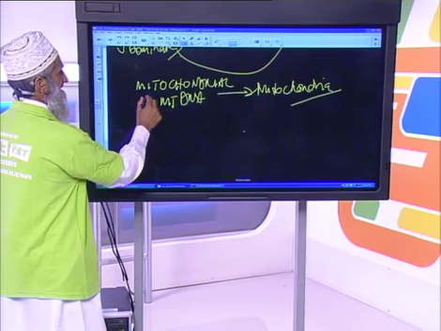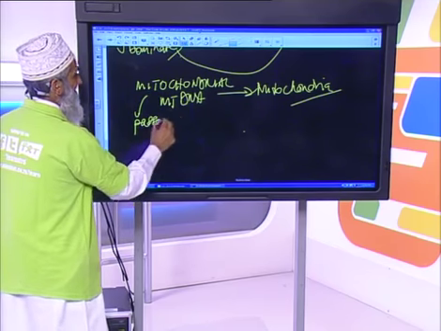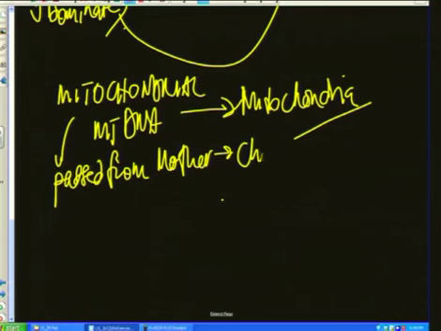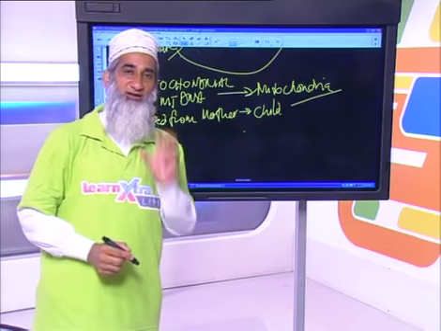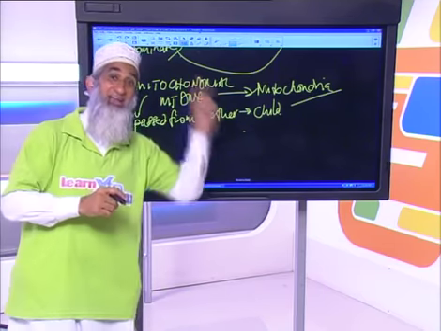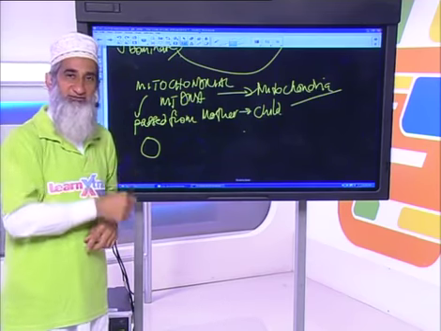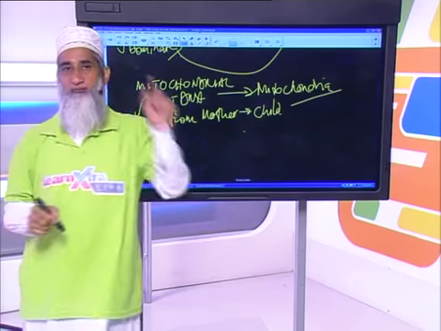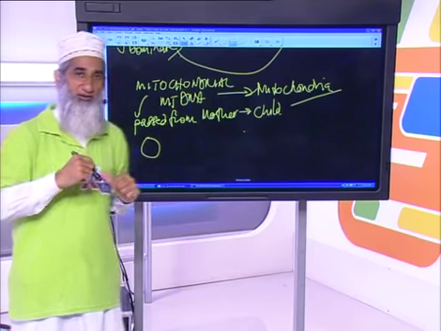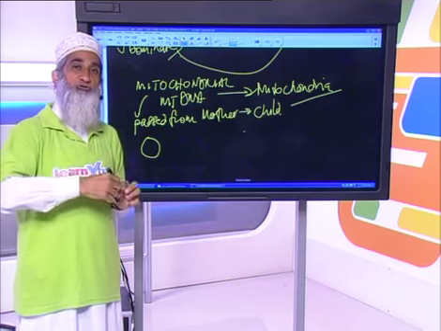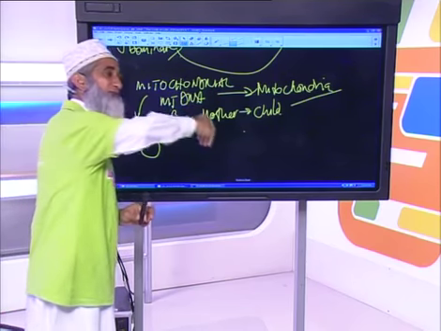The mitochondrial DNA is passed from mother to child. Why? Because the sperm's contribution in fertilization is the nucleus of the sperm. That means the chromosomes and the chromatin network that will fuse with the egg cell. The egg cell is a whole cell, and this egg cell will have mitochondria, etc. So the mitochondria that Luni has, she got from her mother. The mitochondria that I have, I got from my mother. So through this mitochondrial DNA, scientists are able to show ancestry from the maternal end.